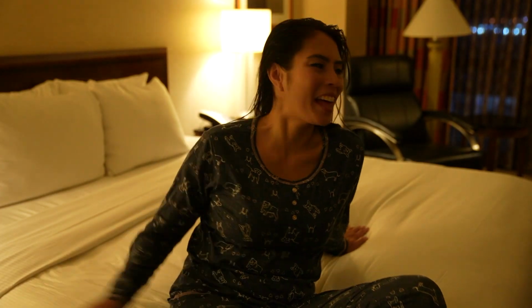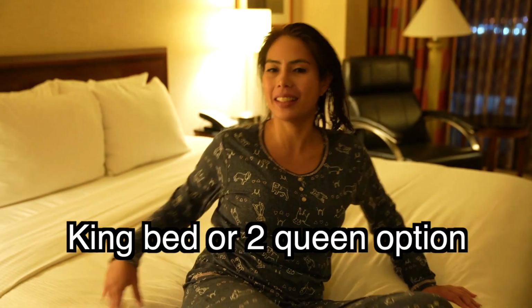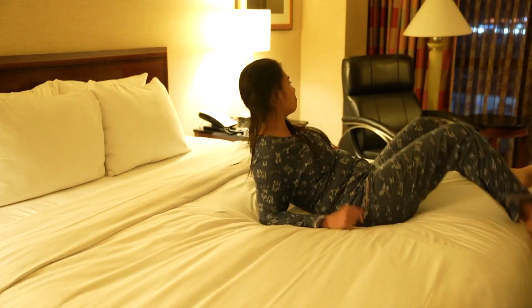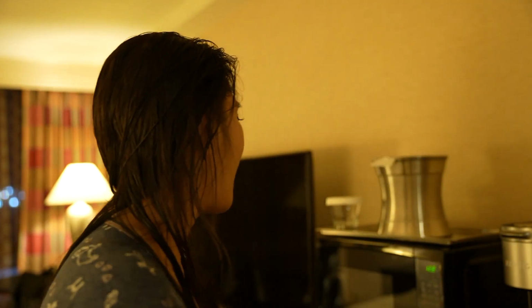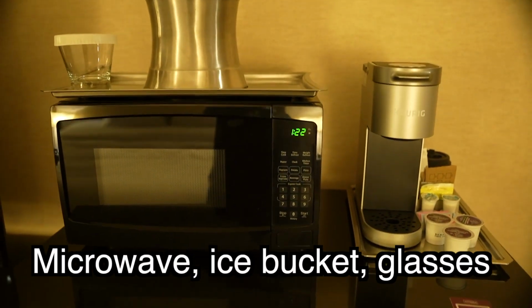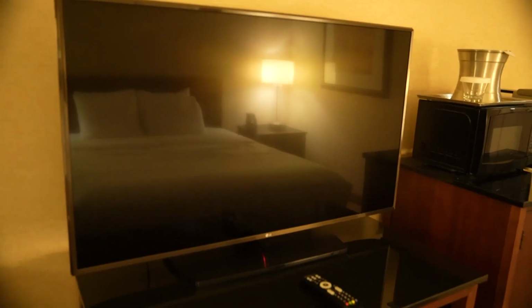I just showered and that really feels good. And now let's check out the whole room. This is the bed. We got a king-size bed and yeah, a perfect bed to roll over. On the other side, we have the basics, the amenities of this room. We have Keurig, of course, and there's a microwave, there's an ice bucket, there's a refrigerator here, a flat TV,